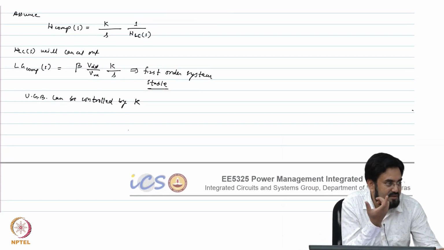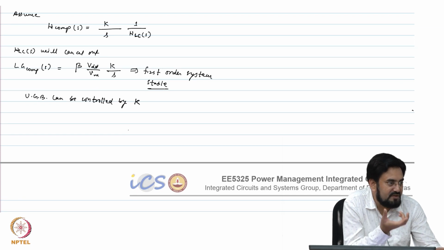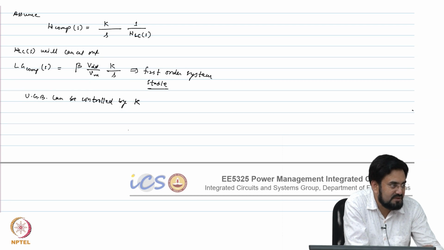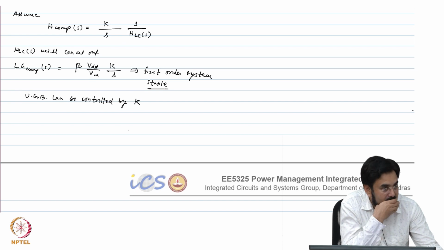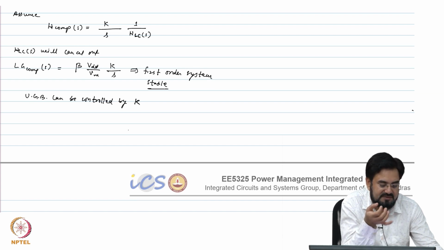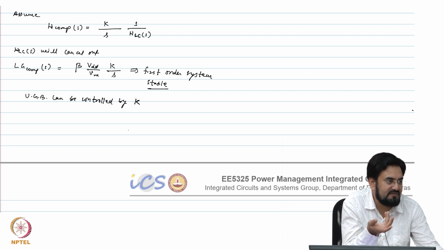So, which means you had a complex pole. If I introduce a transfer function with the complex zeros, they will cancel each other, and what you get? It is a perfect first order stable system. But what is the problem with this? I mean, can we realize complex zeros? But in reality, we can't make an ideal integrator. What do you mean by ideal integrator? I mean, it's fine. If it's not an ideal integrator, worst case what will happen? You won't get an infinite gain at DC. But your UGB will remain the same.